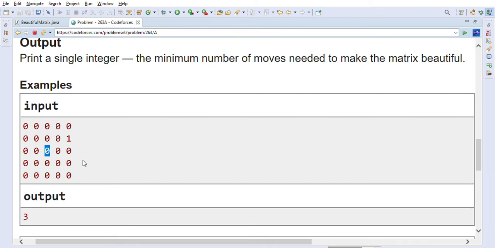Or another way to explain what the problem is saying is, we have to find out the distance between this middle element and the one, right? There is only one 1 in the matrix, so we have to find out how many steps we have to take to reach the one. For example, you can go from this 0 to this 0 one step, then this 0 two steps, and this one, which is 3 steps, right?